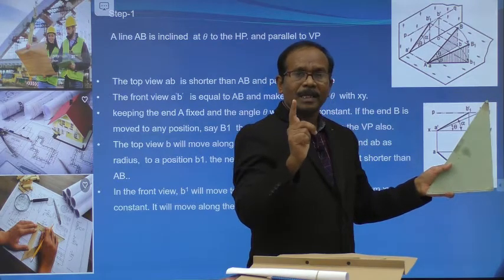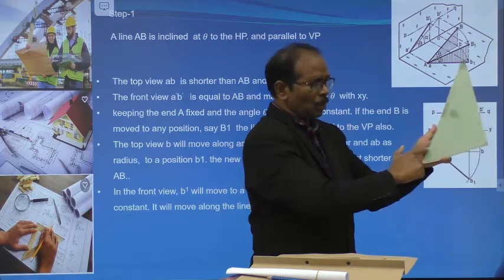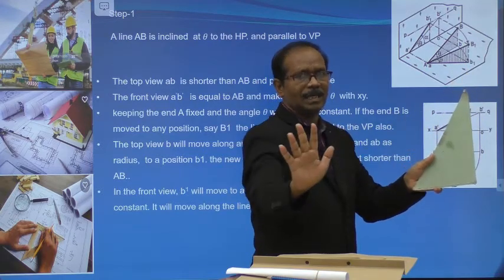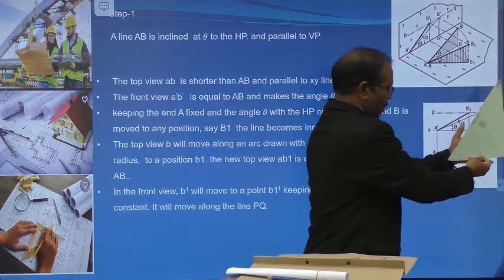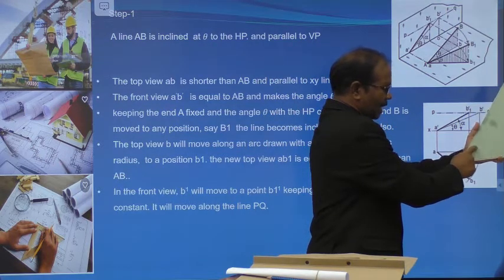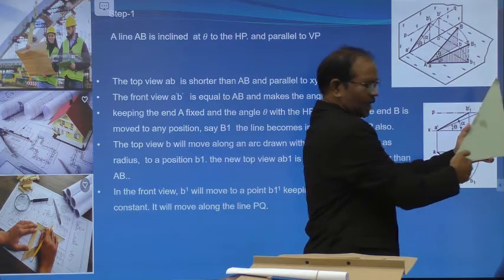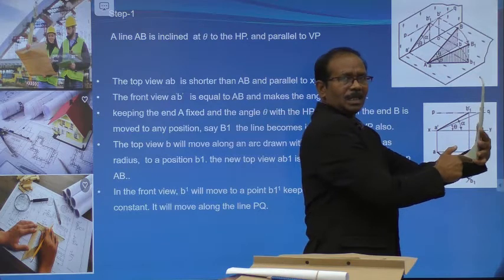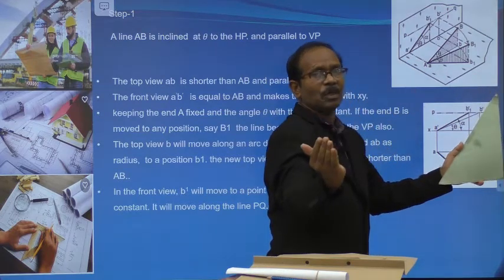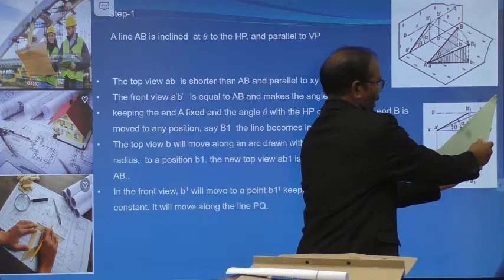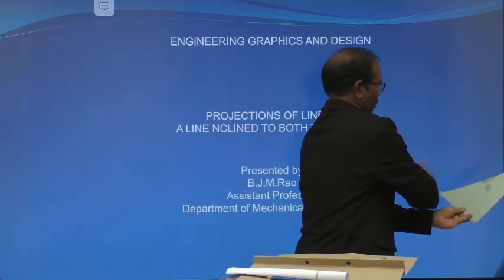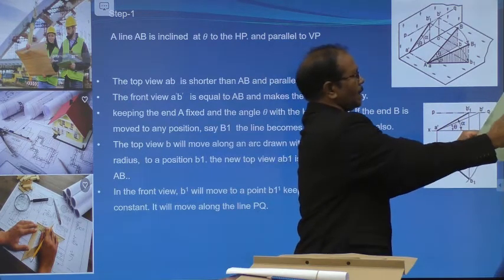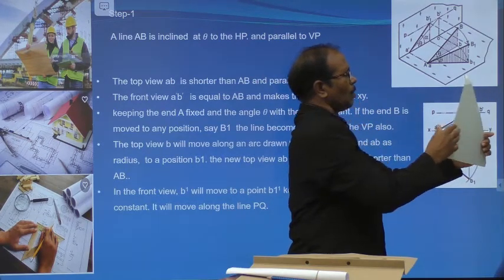As per the triangle formula, if there is no change in the angle, the remaining sides don't change. Because I am keeping this angle as it is, 30. 30 means, for example, this is 40, this is 20. So while rotating, these two values don't change. That means it occupies a new position. Let's observe this one. While rotating this one, this came to B1. So this is rotating in this locus.